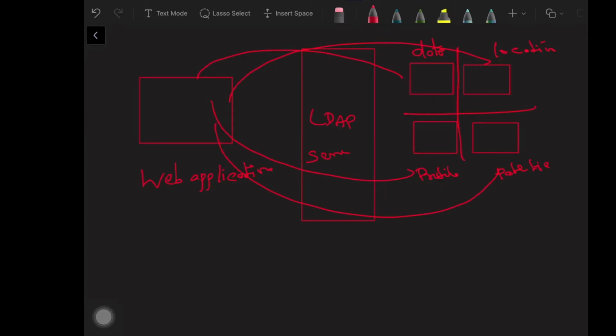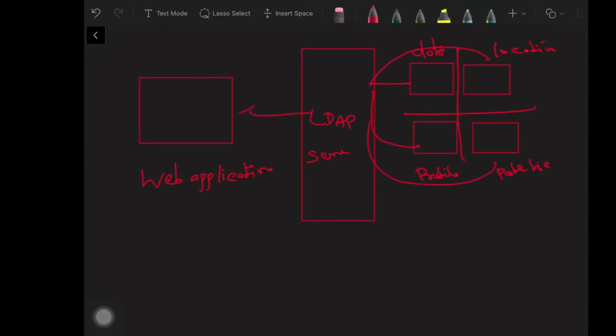Instead of the application communicating with multiple attributes, LDAP will communicate with the other services and give the information. If the application needs date and time, it will get the details. This is how it provides communication for the application with each of the directory services, which give information like date, user profiles, passwords, whatever it is.